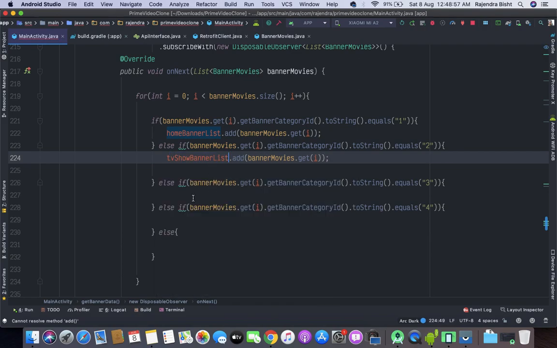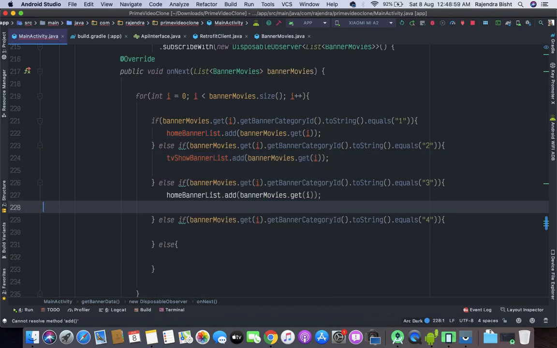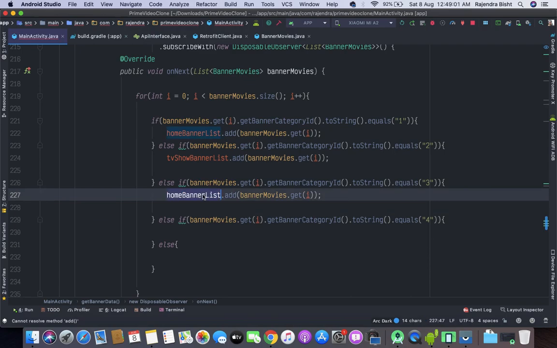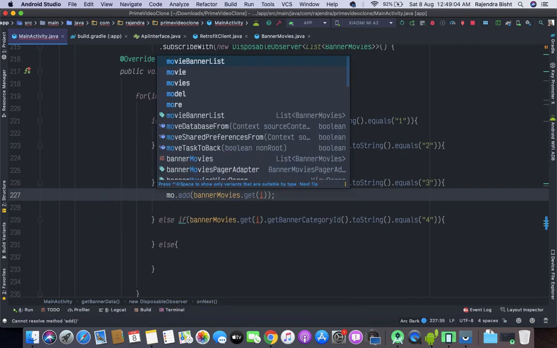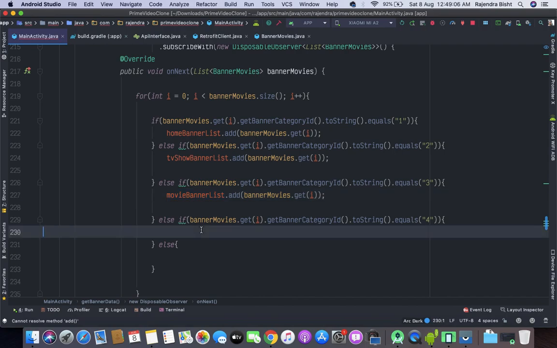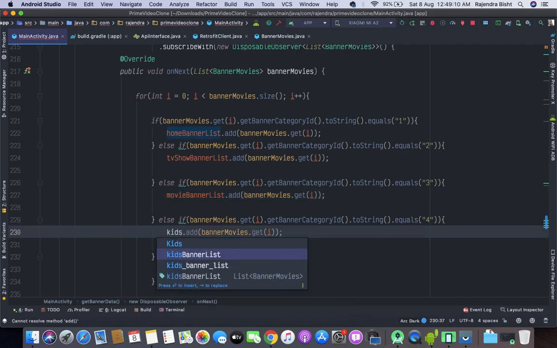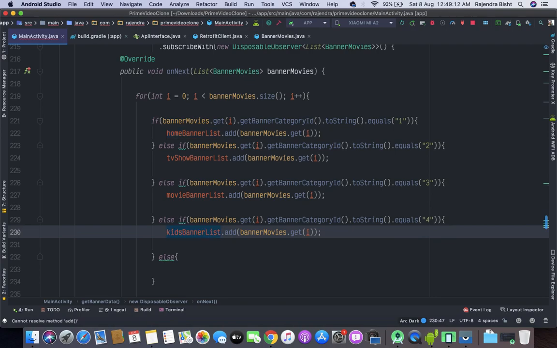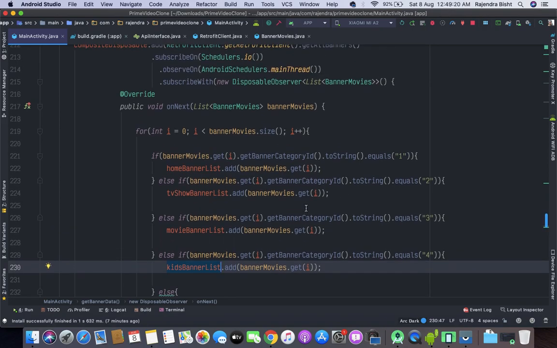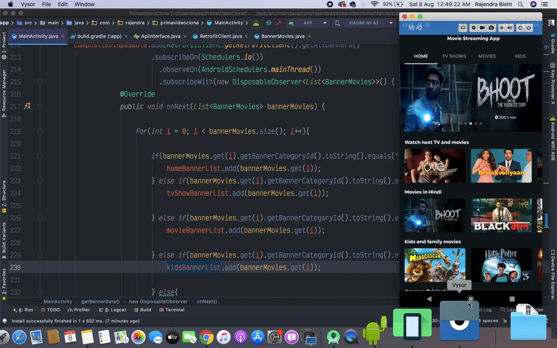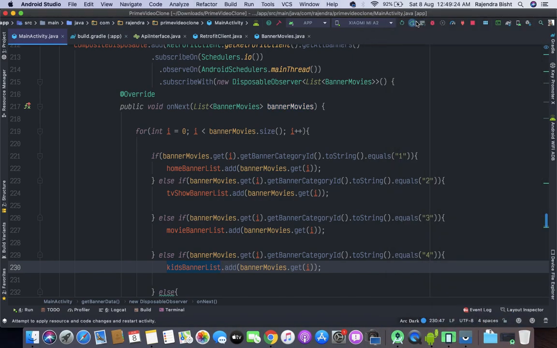TV show banner list. Similarly, movies banner list, and the last one is kids banner list. So now again run this app and see the output.